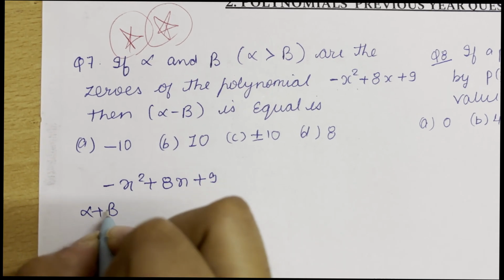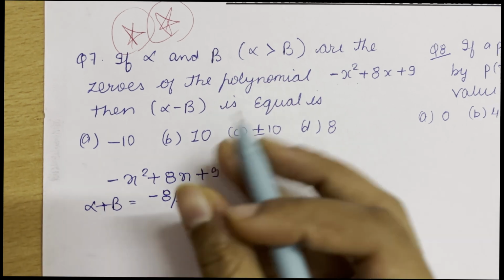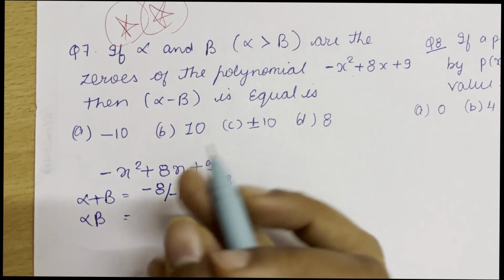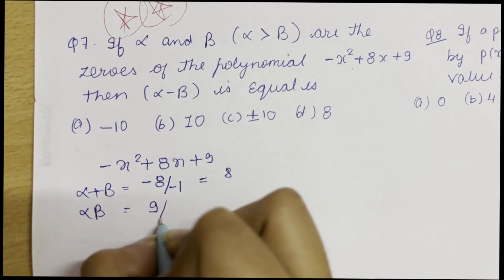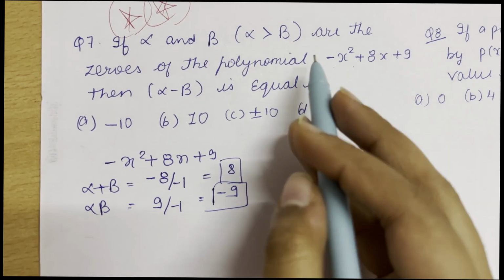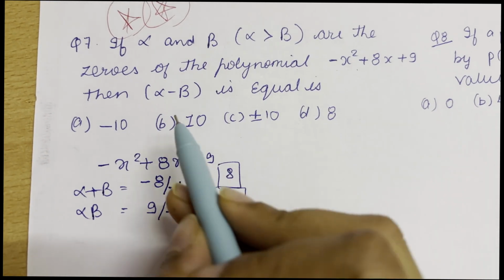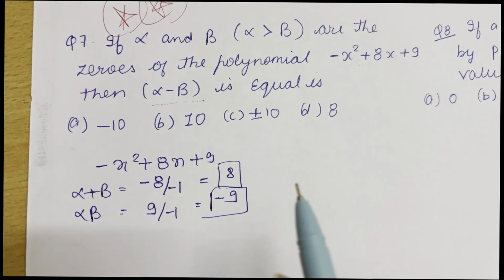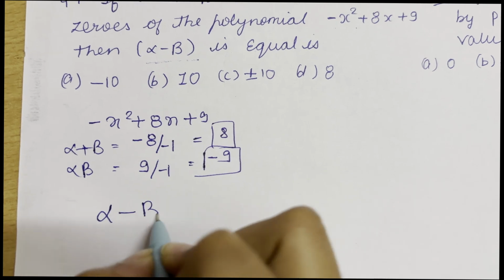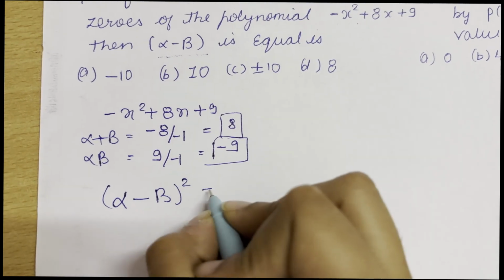We can get the value of alpha plus beta, that is minus b by a, minus 8 upon minus 1, which equals 8, and the product of the zeros, that is c by a, 9 by minus 1, that is minus 9. We got these two values from the quadratic polynomial given to us, and we are asked to find the value of alpha minus beta. So alpha minus beta can be calculated from this identity: alpha minus beta whole square